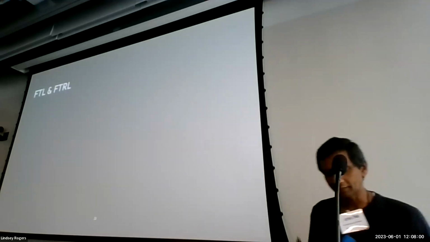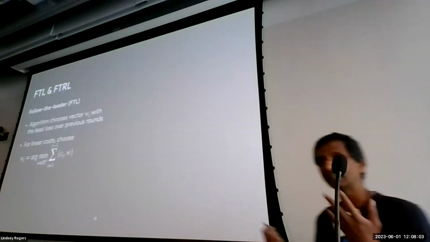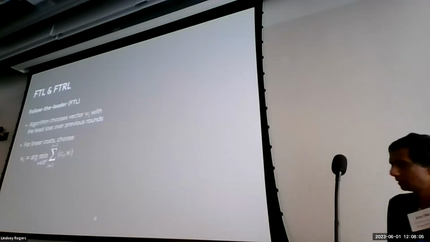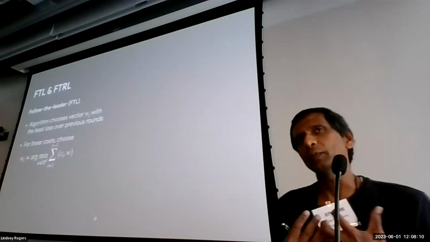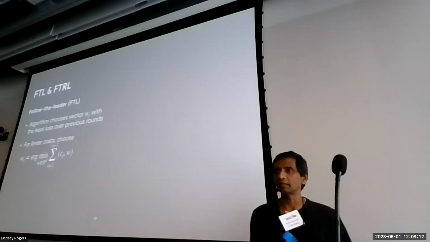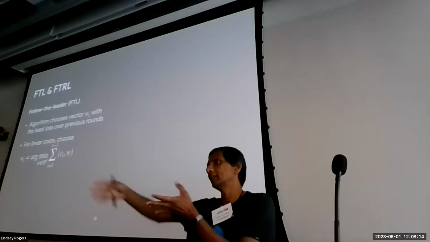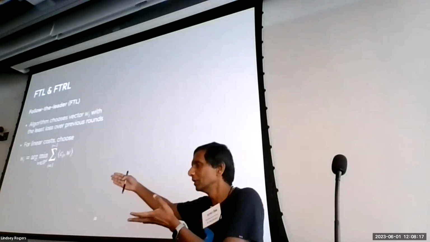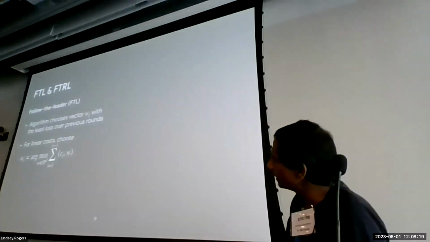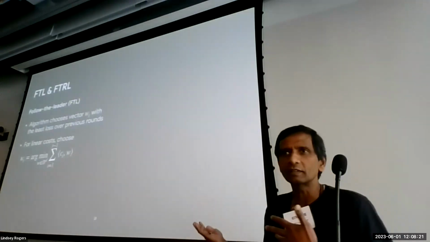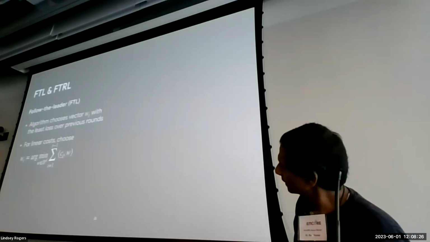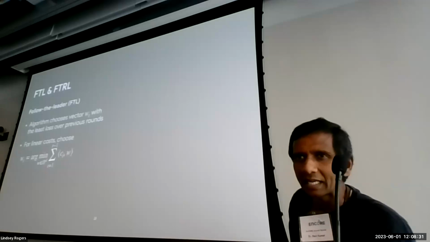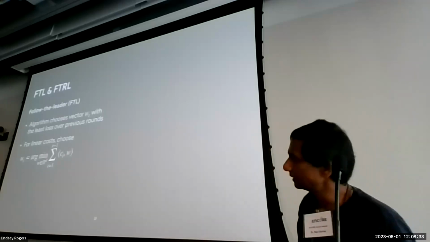Okay, so there is a classic algorithm called follow the leader, which is very, very intuitive for this problem. Think of it this way: when an algorithm has to play a vector WT, what can it do? It has a history of all the costs that have appeared before. So it just picks the vector W that minimizes what I've seen so far. It's the FTL algorithm. You compute the best W I could play given all the past history, and I just play that.